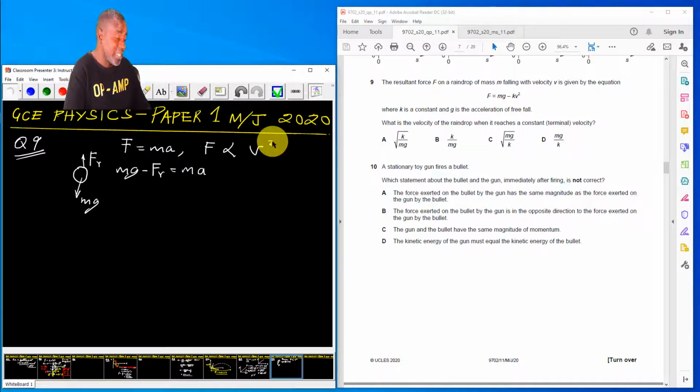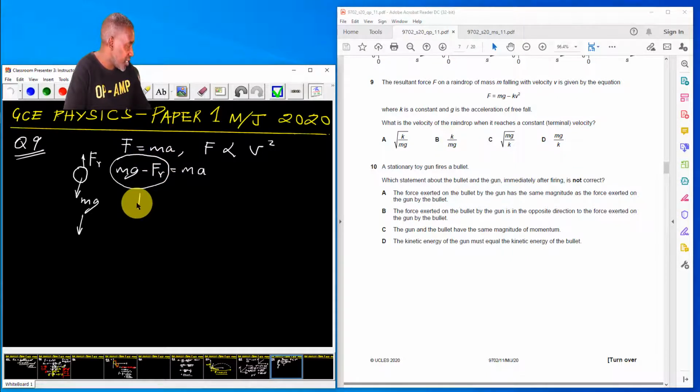Although that knowledge is not required, you should be able to understand that when you have an object falling through air with higher and higher speed, the air resistance is going to increase. So with that knowledge, you will be able to see that because the speed of this raindrop is increasing downwards, the frictional force, air resistance, is going to increase. The resultant force, this quantity here,